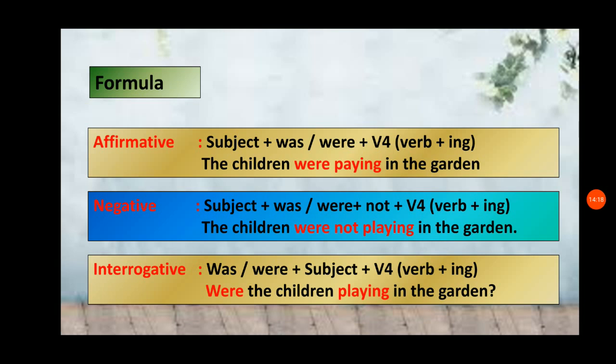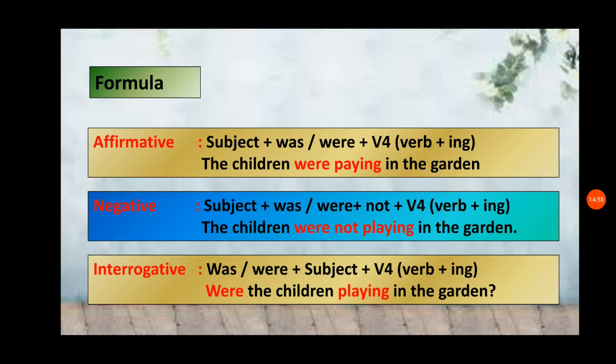What is meant by past continuous tense? The event which was going on in the past continuously, and it would be completed, but it would be going on continuously. In such a situation, we can use past continuous tense. And in the negative sentence, we just add not after the be verb. Already I told you, we should not add not after verb-ing. It is a wrong one.